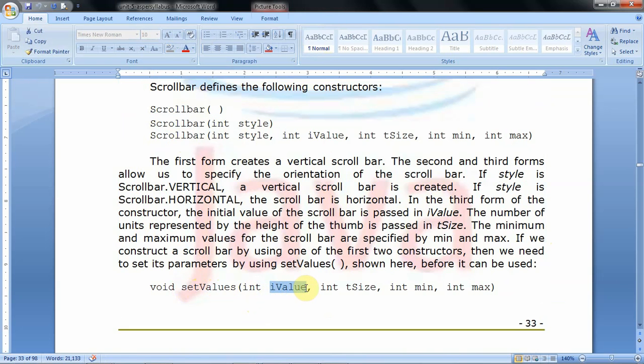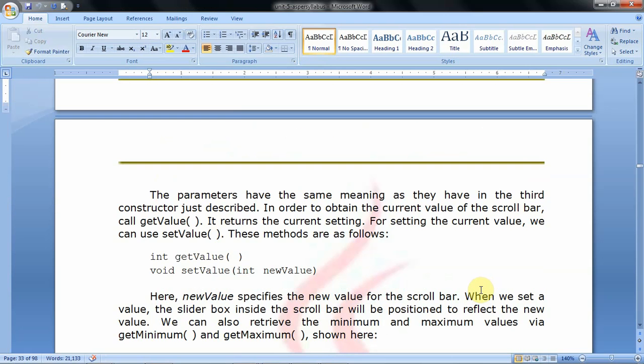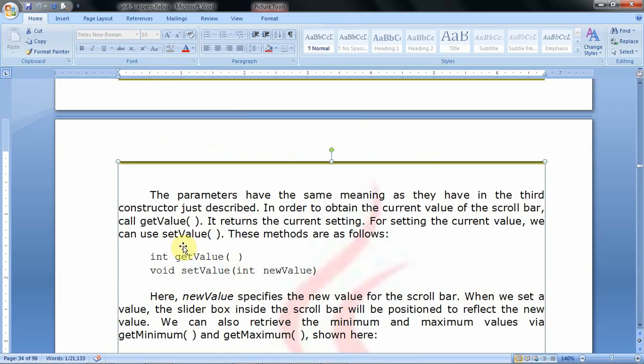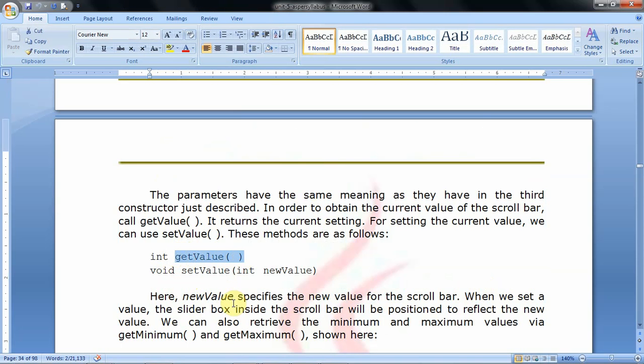By using this we can set the initialization value, scroll bar size, minimum value, and then max value. For setting the value we have setValue, and for getting the scroll bar value we have the method getValue.